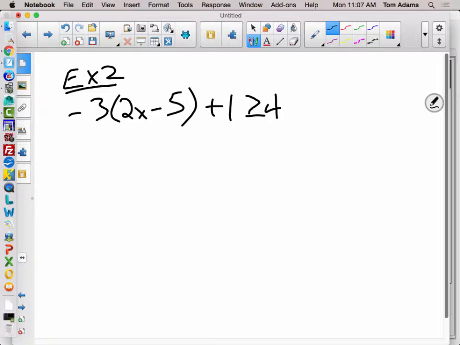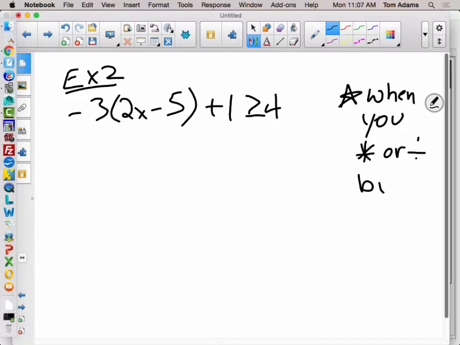We solve these problems just like we would solve an equation. We add, we subtract, we do all that stuff. There's only one little note with inequalities. When you multiply or divide by a negative number, what do you do? Flip